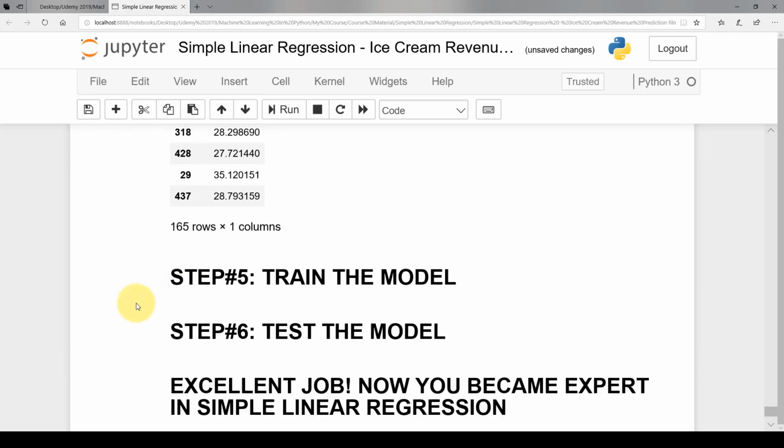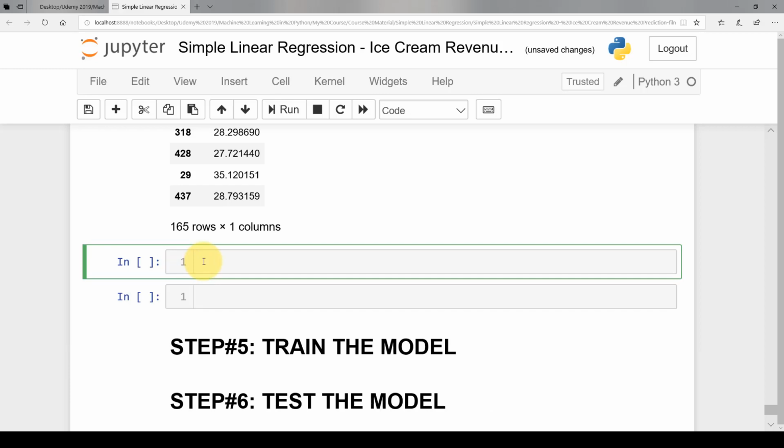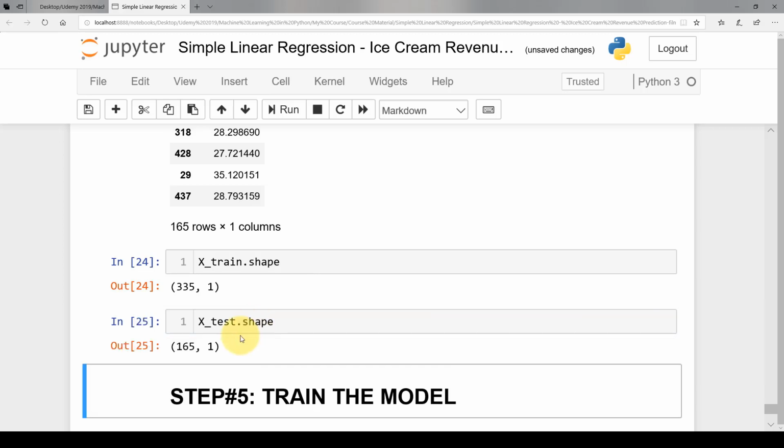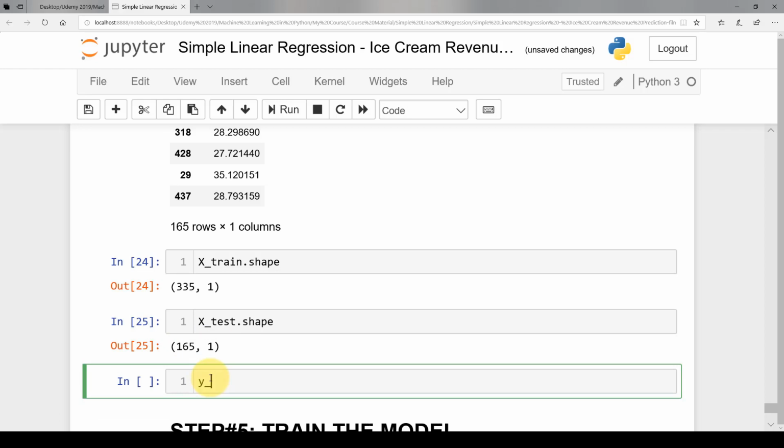What you could do as well is say, okay, I will take x_train.shape, shift enter. That should tell us the shape is 335 by 1. And you can take a look at x_test.shape as well, shift enter. That will tell us 165 by 1. If you want to take a look at y_train first, .shape, which is my target, shift enter,